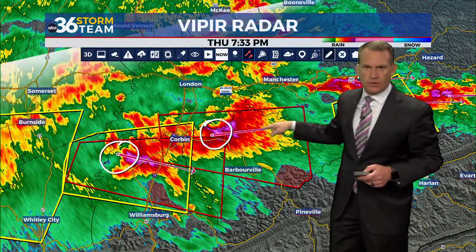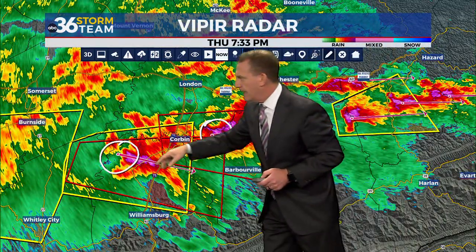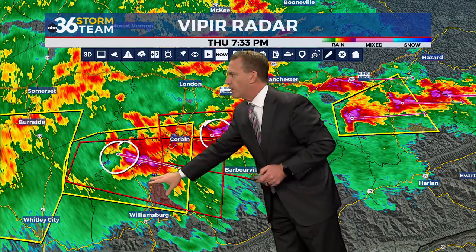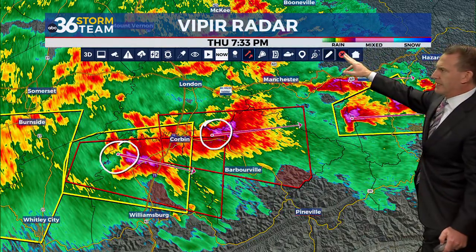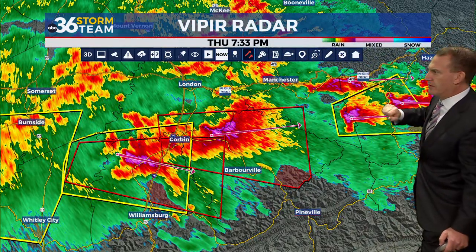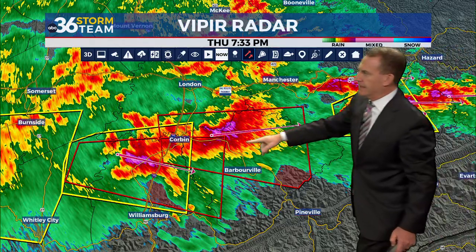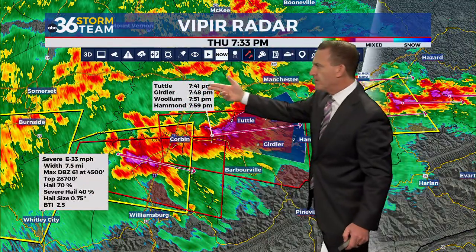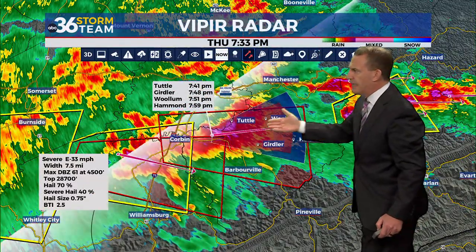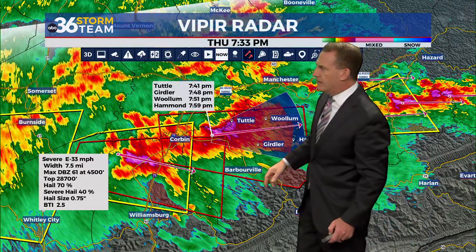You are not in the tornado warning polygon, but you are in Barberville and Corbin. You're not in Williamsburg, but you are across the north central part of Whitley County here. So there are your warnings. Again, let's check the skit data again just to see where we are with the BTI. It's still fairly low. Same communities that we mentioned as you move off to the east here,